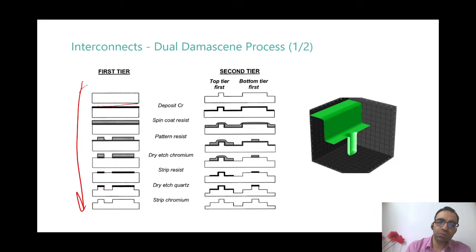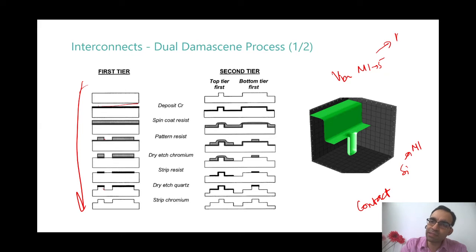Okay? So you would do this step for making a contact. You will do this step for making a via. A contact is from silicon to metal 1. And a via is from any metal layer, metal 1 to 5, to the next metal layer, metal 2 to 6. Contact is made out of tungsten. Vias, initially, let us say until 130 nanometer technology also, vias are made out of tungsten.